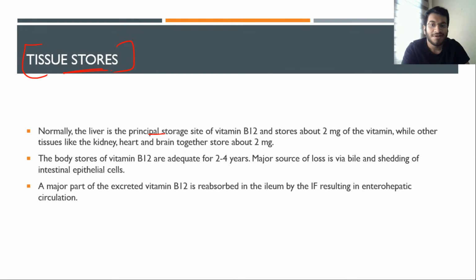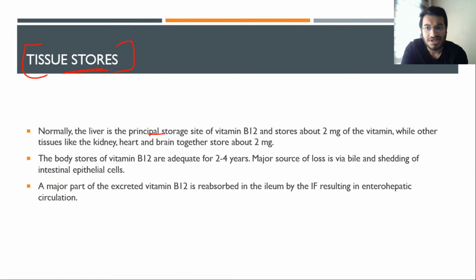Normally, the liver is the principal storage site of the vitamin B12 and stores about 2 mg of the vitamin, while other tissues like kidney, heart, brain together store about 2 mg. The body's stores of vitamin B12 are inadequate for 2 to 4 years. A major source of loss is via bile and shedding of the intestinal epithelium cells. A major part of the excreted vitamin B12 is reabsorbed in the ileum by the IF, resulting into the enterohepatic